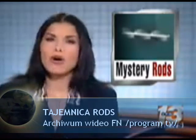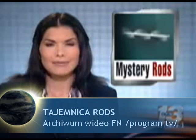They're a mystery called rods, flying translucent creatures that could be all around you, even though you can't see them. But what are they? Unit 13's David Rose went south of the border to solve the mystery. They baffle scientists, frustrate photographers, and defy capture. Called rods because of their stick-like shape, these mysterious creatures zip through the air at speeds topping